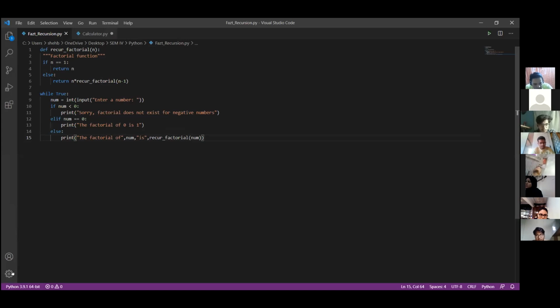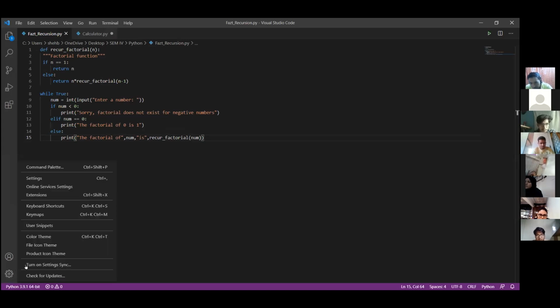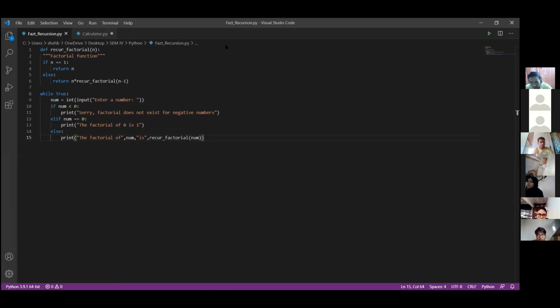Can you explain why we have written while true? Everyone can see the screen sharing of Shazia. Everyone look here. She has done a continuous repetition of this statement. Yes, Shazia.